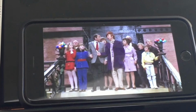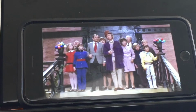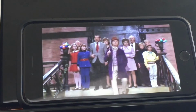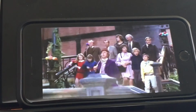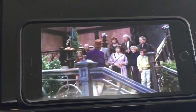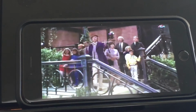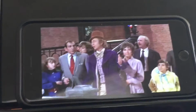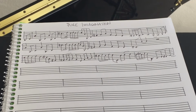Now when you're watching the movie, there are going to be all of these places that are a little bit longer, like right here. You shouldn't care about this when you're writing your lead sheet. It's just for the movie. So we can kind of imagine that those long spaces are not there. Okay, I've got a little bit more done. I'm going to play it for you. Okay, so we've got...